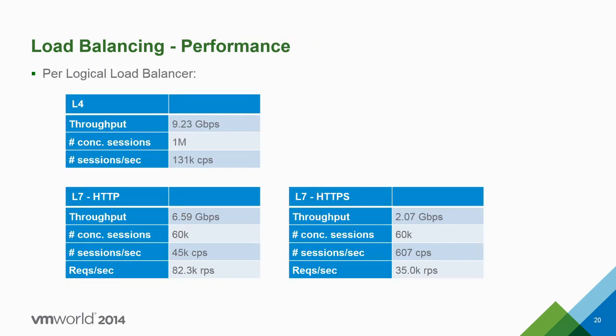Okay, scale. Like any load balancer, physical boxes, the real ones, or VMs, it's easier to do layer 4 load balancing because you stop at layer 4. That's obvious, and it's the same for us. If you ask me to do layer 4 load balancing, I will do it at much higher scale and performance than layer 7. At layer 4, we almost saturate a 10 gig NIC out of each load balancer. And you most likely have multiple load balancers, so this number is per load balancer.